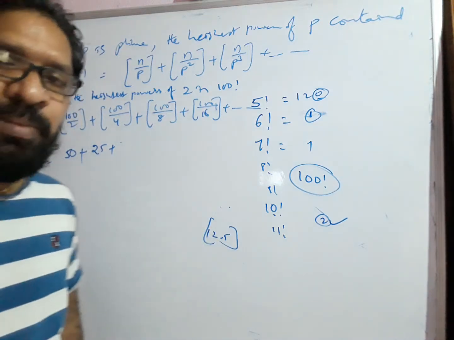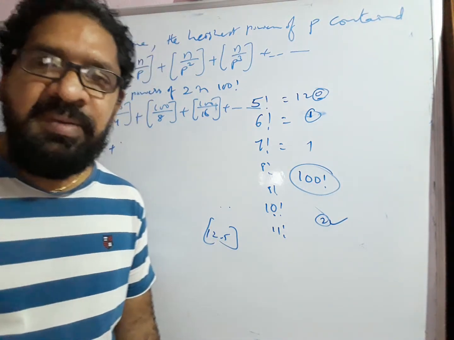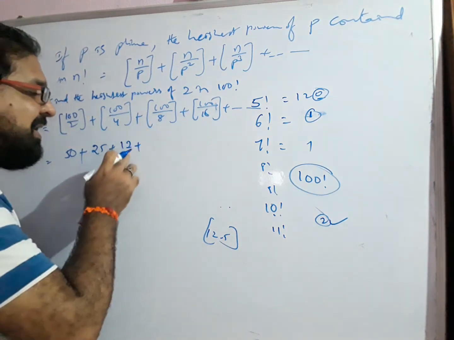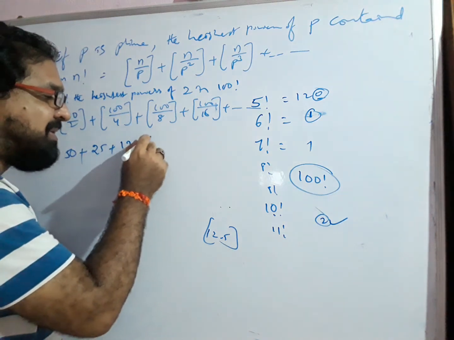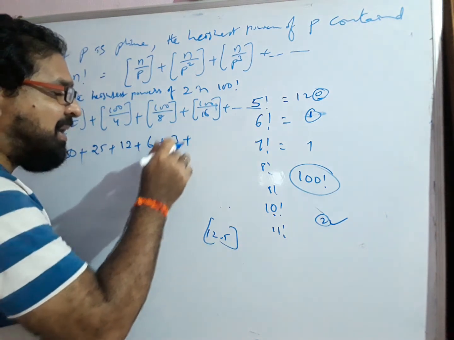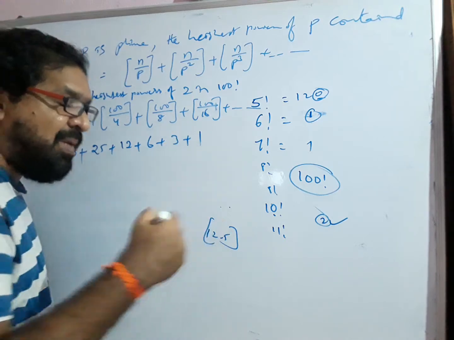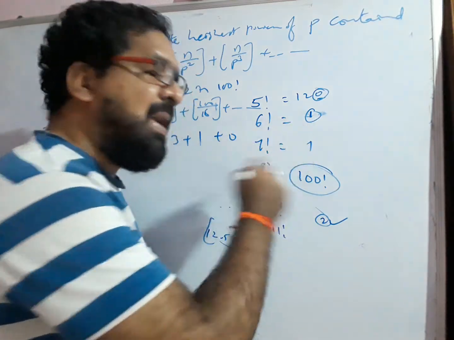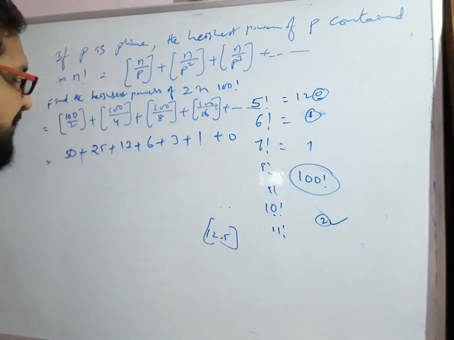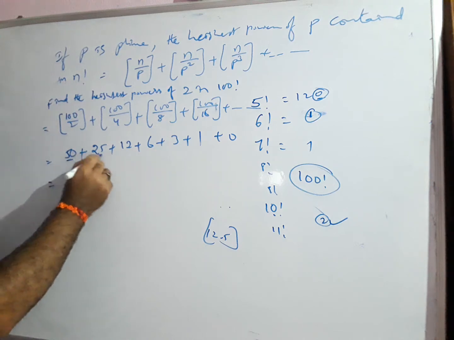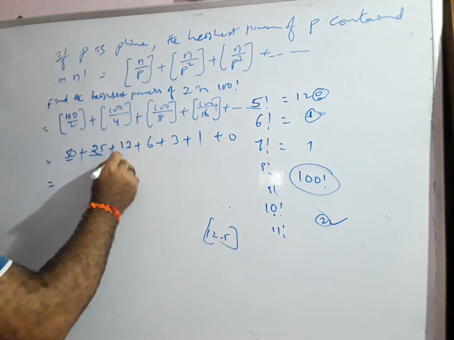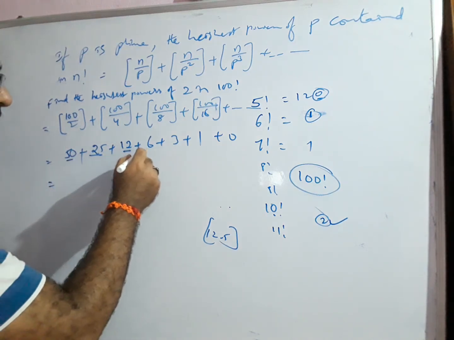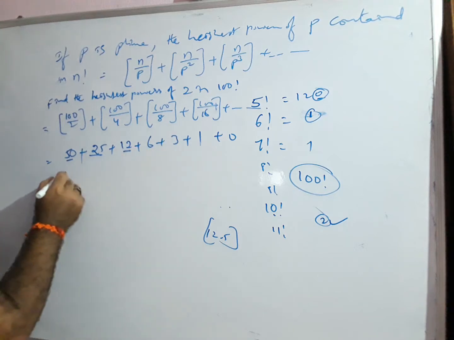What is the value of step of 12.5? The value is 12. Step means the greatest integer function here. So that is where 12. Again 16: 12 by 2 is 6. Again 6 by 2 is 3. Again 3 by 2 is 1.5, which is 1. Again 1 by 2 is 0.5, which is 0. From here onwards everything is going to be 0, 0, 0 and so on. So that is why this is 50, 75, 87, 97.